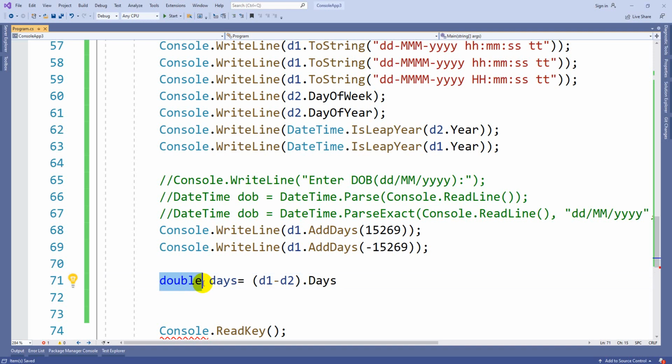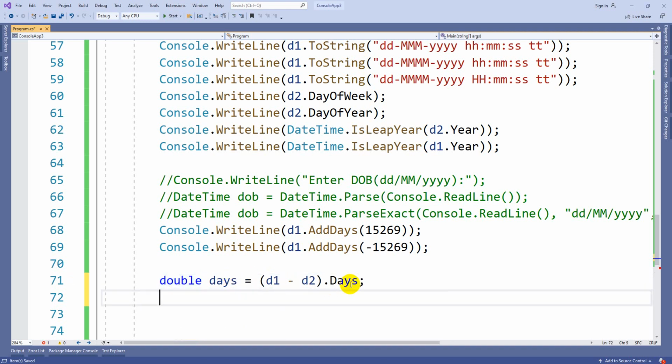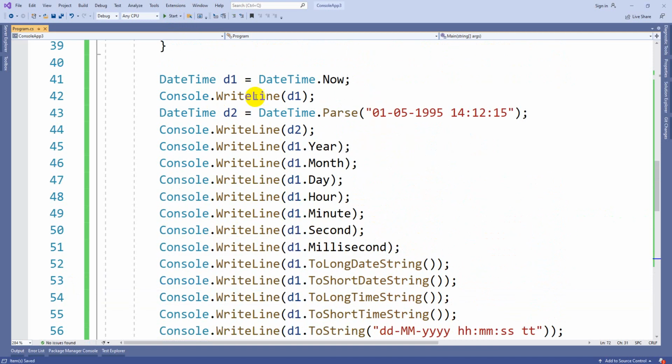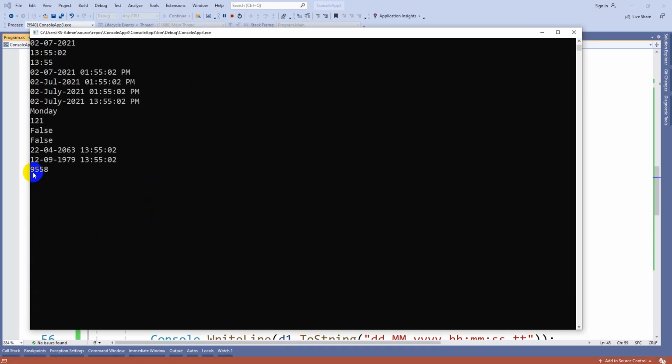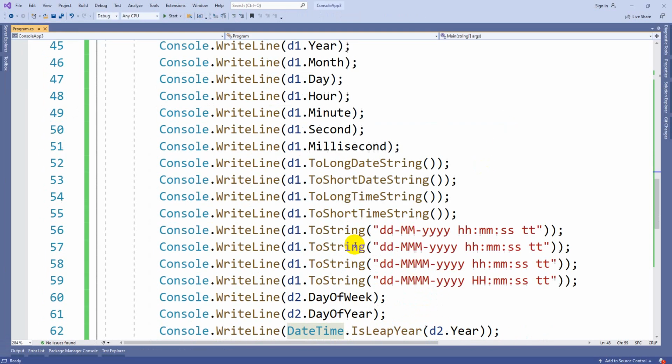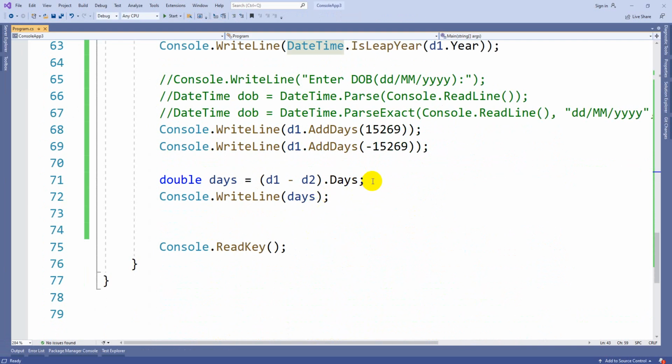The result will always be in double format, guys. Now you can print days. You will get the difference between the current date and the date I gave here, 1995 May 1st. It will be 9,558 days between these two time intervals. In the same way you can take hours, minutes, seconds also instead of days.